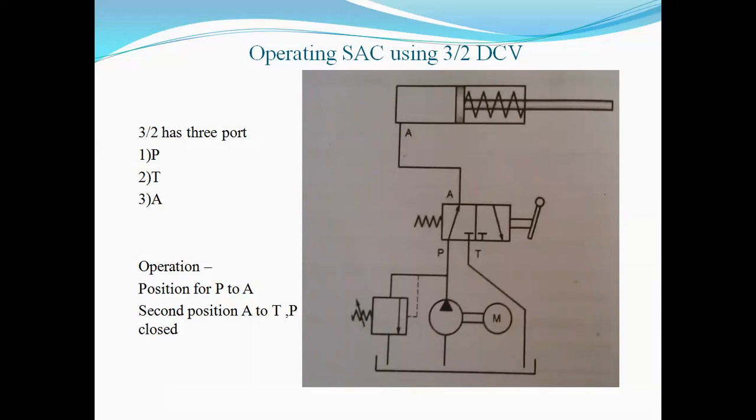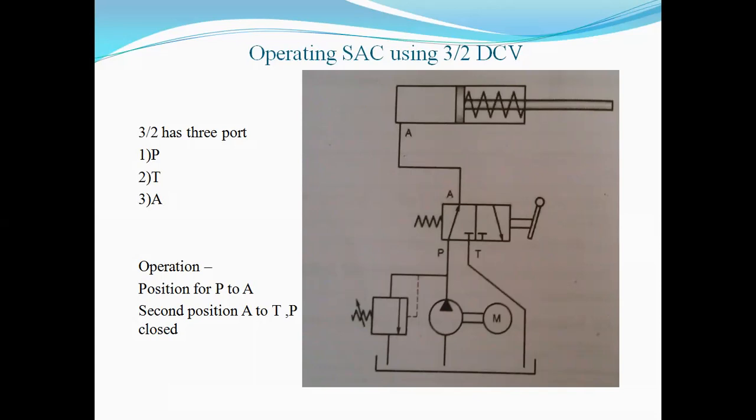Then to change the direction of flow, we use a direction control valve. For displacement or work done, we use an actuator, either a linear actuator or a rotary actuator.